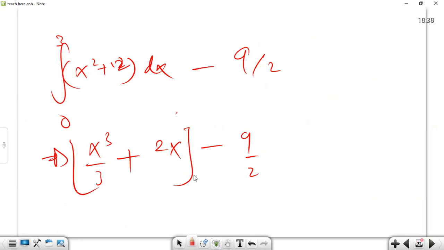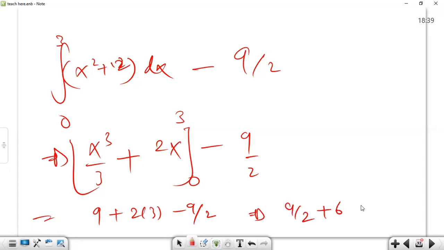There's a limit, 3 to 0. For 0, it will become simply 0. For 3, it will become 27. 3 cube by 3 will become 3 square, which is 9, plus 2 into 3, minus 9 by 2. When 9 gets subtracted by 9's half, 9 by 2 will be remaining, plus 6. So on taking LCM, 6 becomes 12, and it will come out as 12 plus 9, which is 21